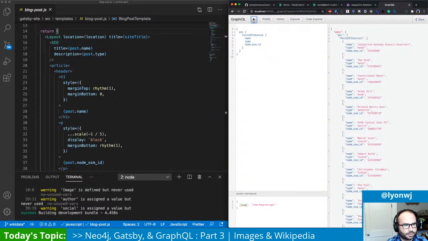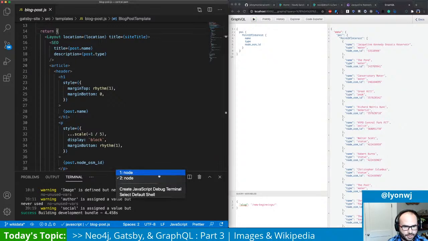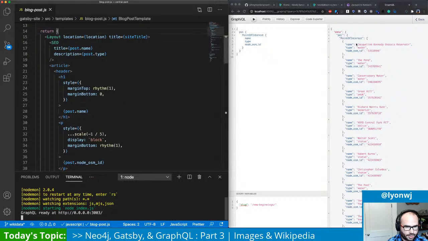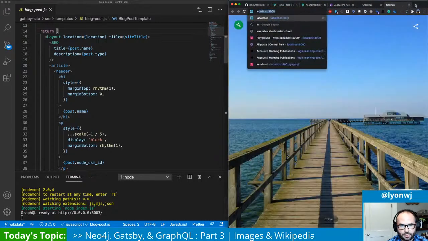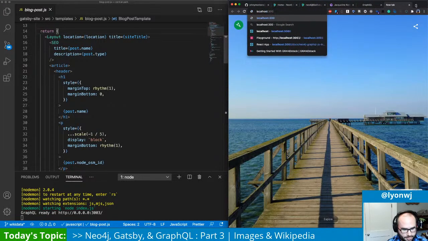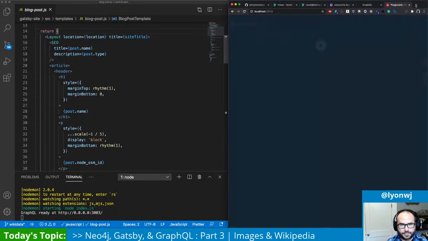So there's two different GraphQL APIs that we're going to be working with. One is the Gatsby GraphQL API. When we run Gatsby develop, that starts this Gatsby GraphQL API and then runs queries against that and uses that to render our site. But we also have, which we started over here, running on localhost 3003,